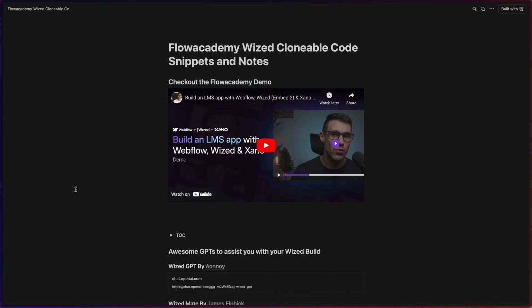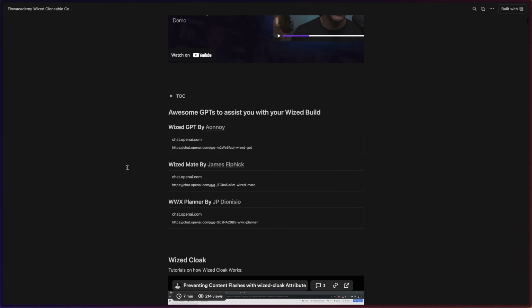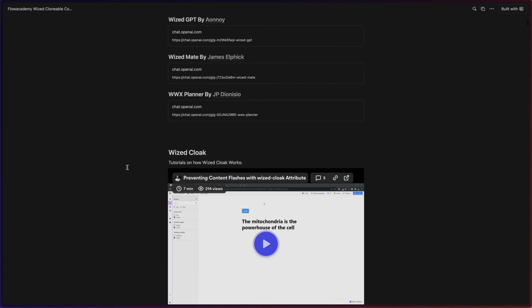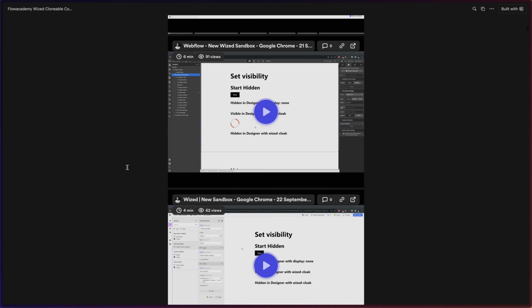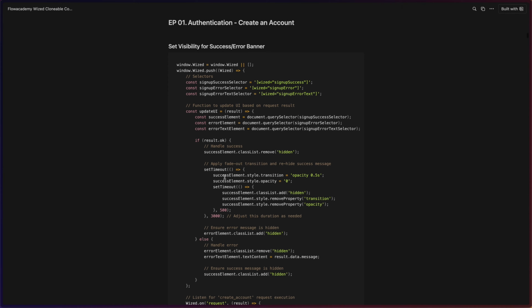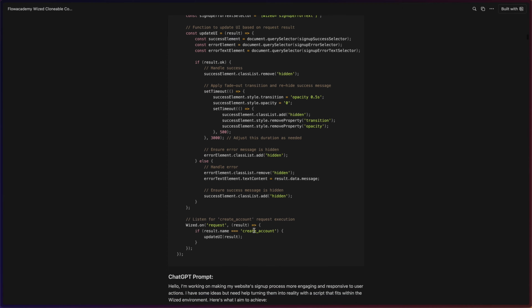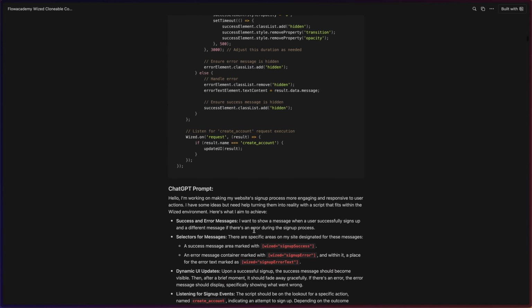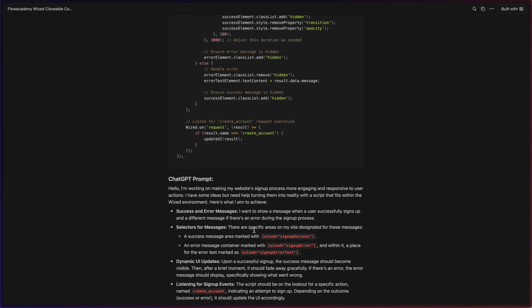First on the list, we have our Notion document, and the link for it is in the description. And this document here contains all the code snippets that we will be using for the entire build. Aside from the code snippets, you'll also find that each code contains a ChatGPT prompt that I've used to get